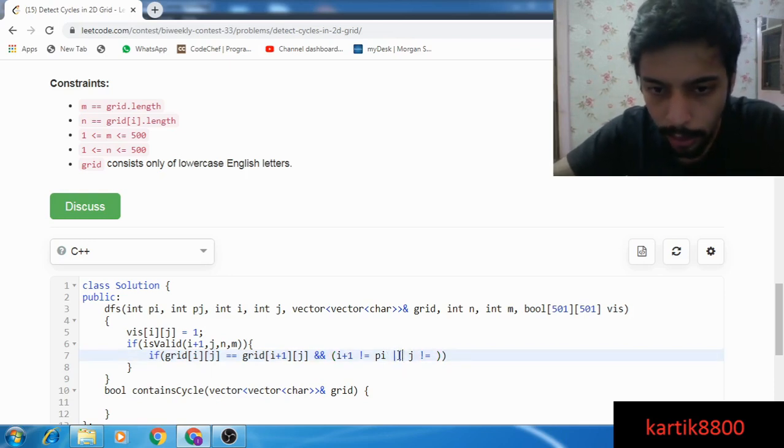So I could have an OR here. One of these is false, so yeah, that means it's not the parent. So any of these being false is good for me.